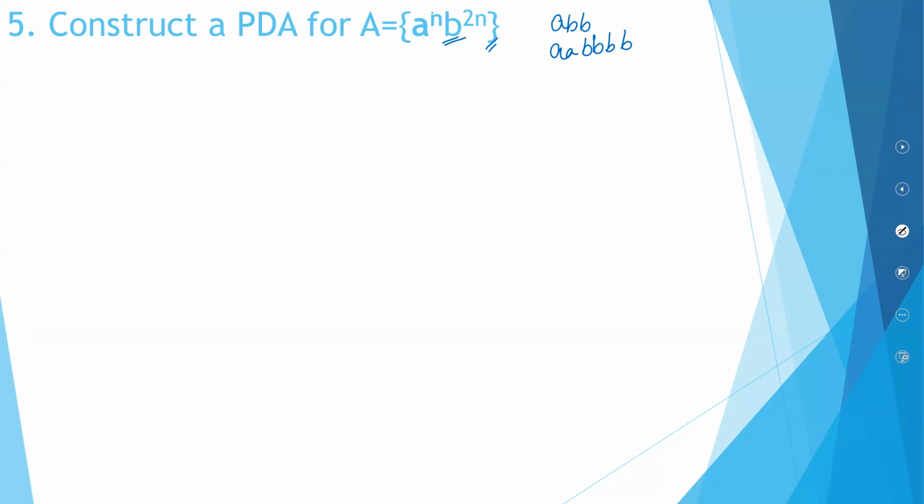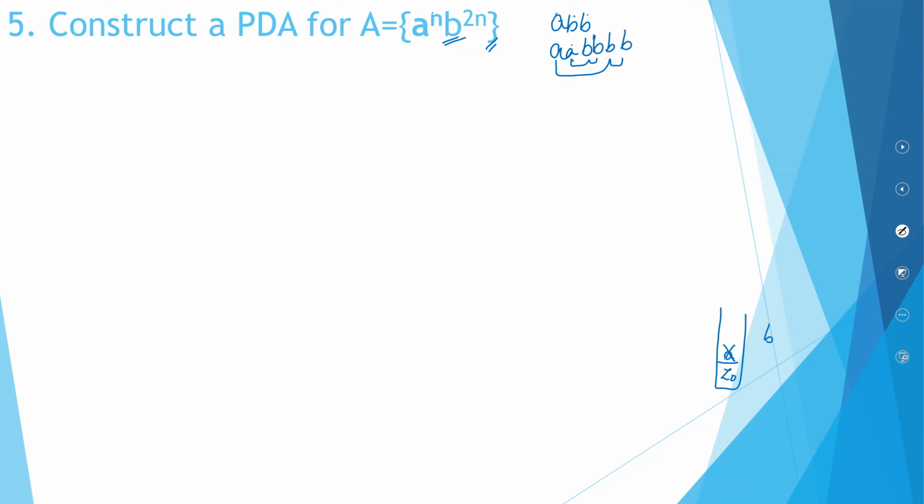Now let's see how we can do it with the help of a stack. Now let us think a bit logically. Now look here. For each A, you will have 2 B's. So when we construct a stack, normally what we do is you will have your Z0, you will put in an A, and then the moment you encounter a B, you will pop this out. And that is how you find a matching.